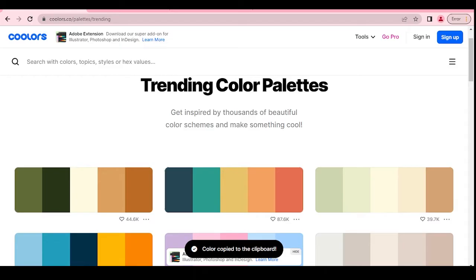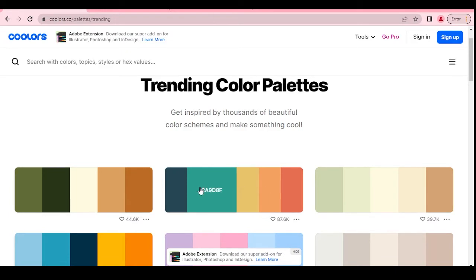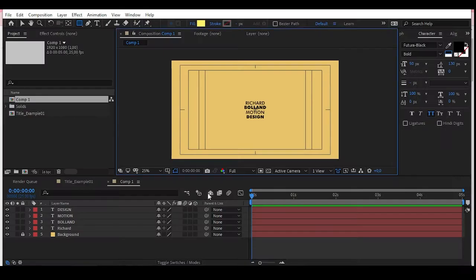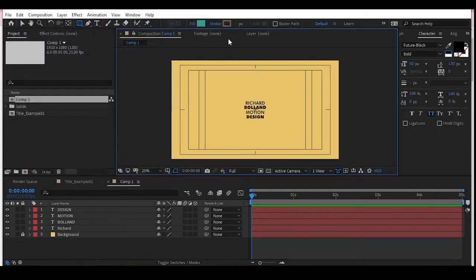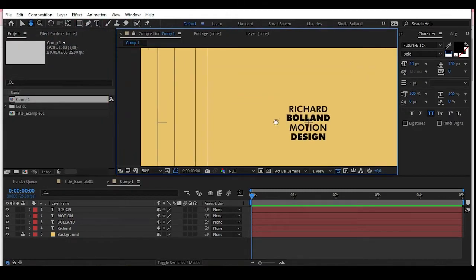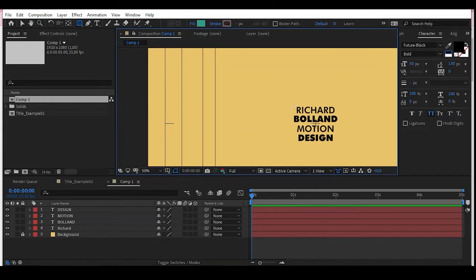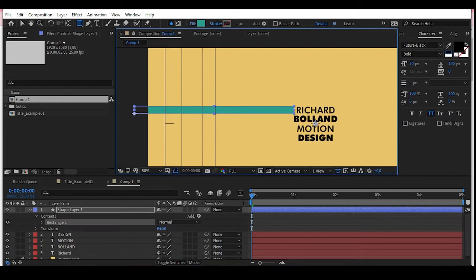And I want to go back and pick a cool color again. So let's pick this color, copy that hex code, and I'm going to go in here. I'm just going to paste that. So now we're working with this cool green. And I kind of want to just make a bar that goes all the way to the end, something like